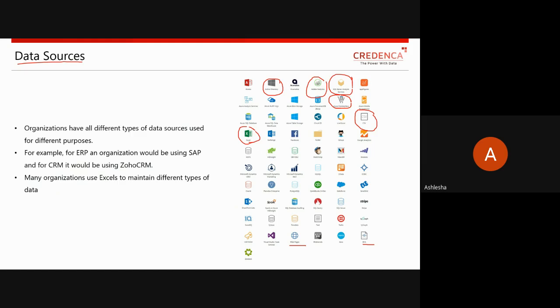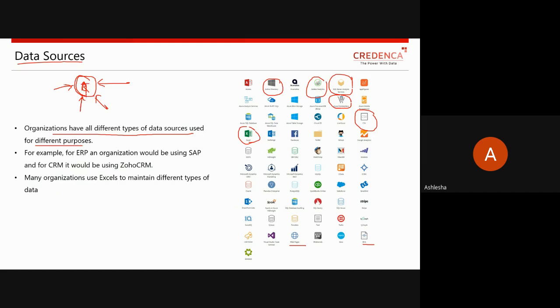Why is it important to have at least a basic understanding of these data sources? Because organizations have all different types of data sources used for different purposes. Let me give you an example. Suppose there is a particular organization.